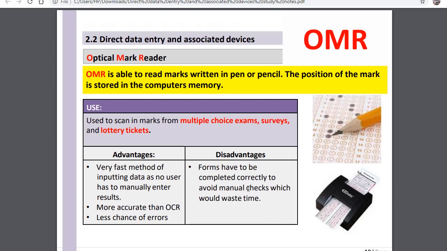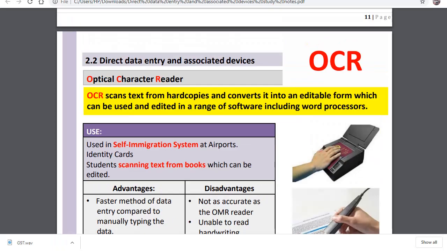Actually, they mean that the model answers of the sheets and the forms should have been completed correctly to avoid wasting time in manually checking again after finishing the correction using OCR, or Optical Character